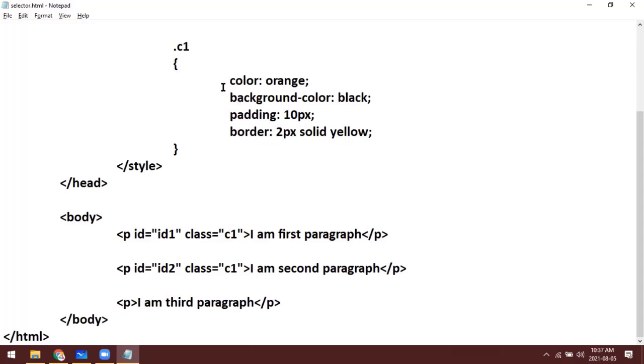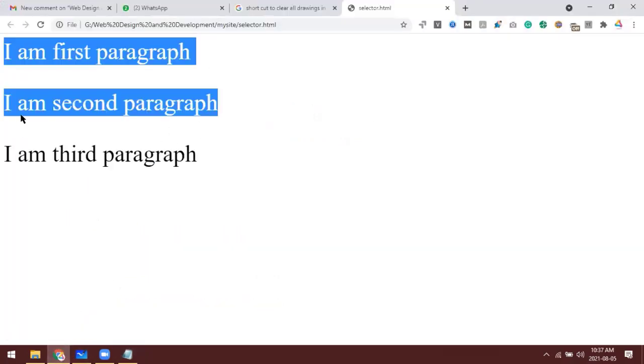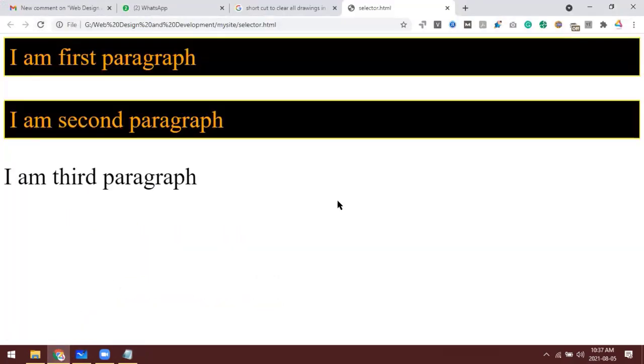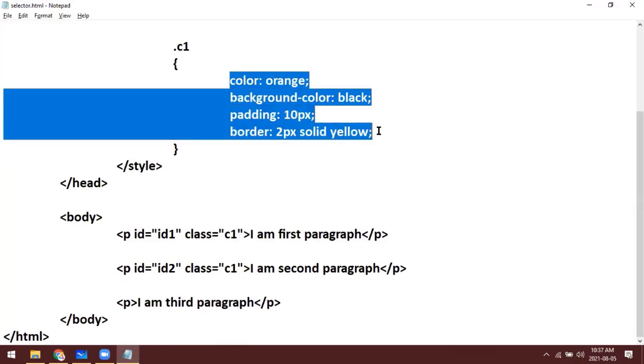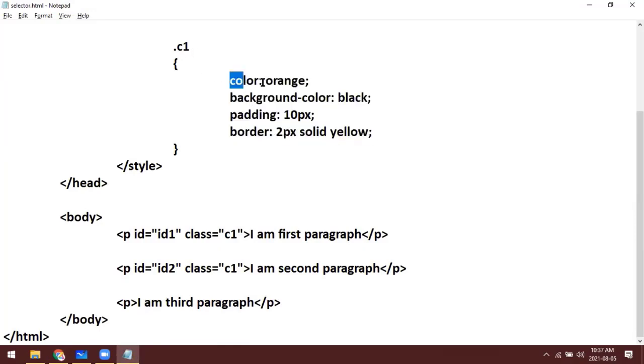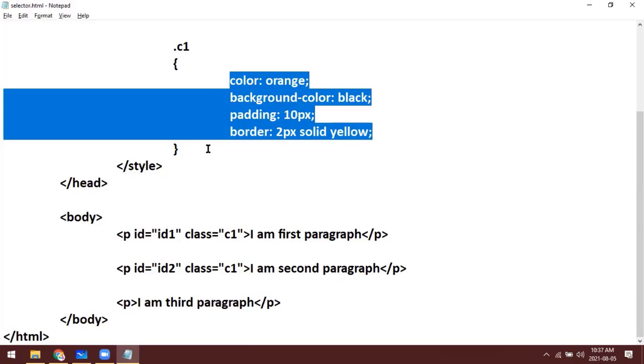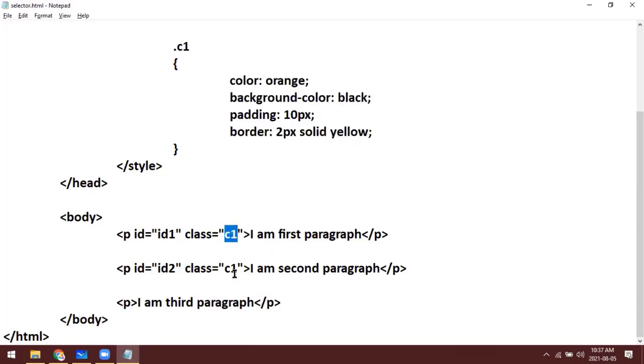Let's refresh this and see what happens. Now you see these CSS properties have been applied only to class C1. Since the first paragraph and second paragraph have the class C1, these styles are applied to those paragraphs.